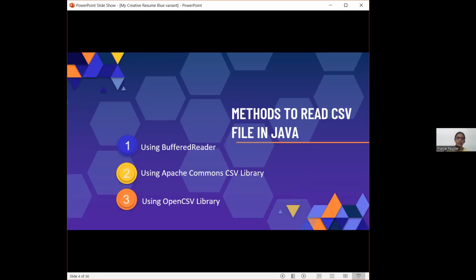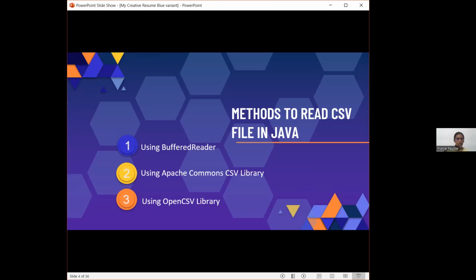Next, we'll see the methods to read a CSV file in Java. There are basically three methods which we can use. First is using BufferedReader. This is the Java inbuilt library class to read the CSV file line by line and then split each line into individual values using a delimiter.